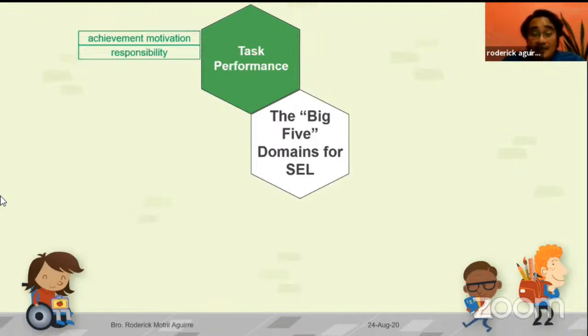That if they do not do their part, the whole group will suffer. That I have a contribution to the performance of the whole group, and if I do not do my part, then there's a possibility of failure for the whole group, not just for myself, but for the whole group. So the collaborative activities that we provide for our students also help our students develop responsibilities. So again, strike a balance between individual activities and collaborative activities.